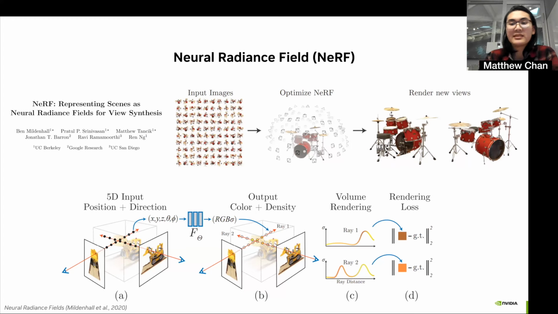The good part about this representation is that it's trivially fully differentiable, which means that we can use it very easily in a lot of our AI methods. And additionally, this method requires only RGB color to train. There's no necessity for 3D ground truth, such as depth maps or geometry, that may be ambiguous. The bad part is that this method is, in many ways, extraordinarily expensive. To render a single image at 512 by 512 resolution with, let's say, 100 samples per pixel would require as many as 25 million forward passes of the MLP.